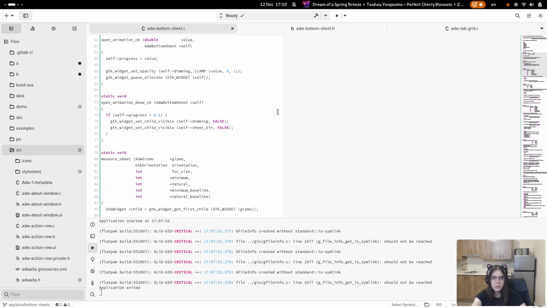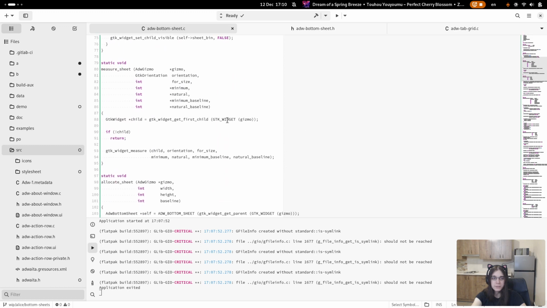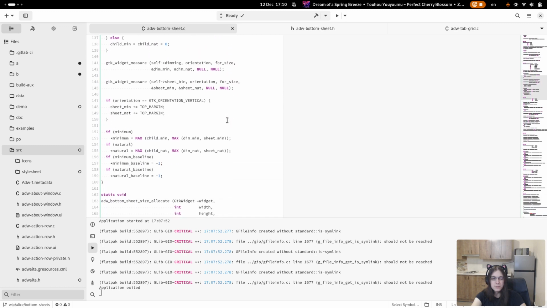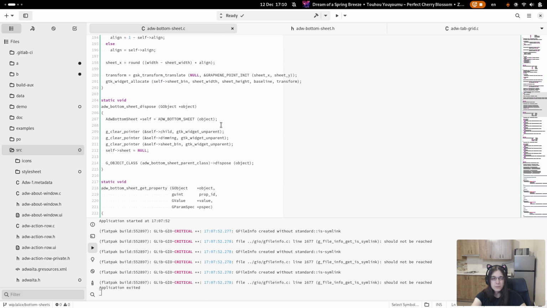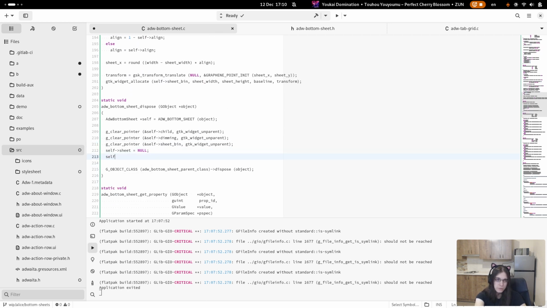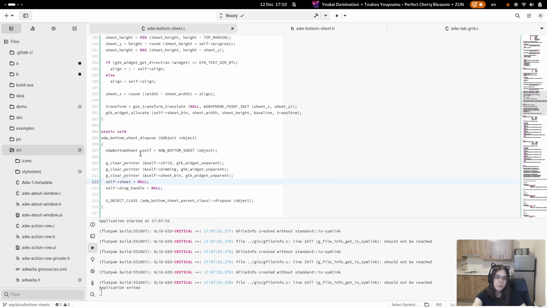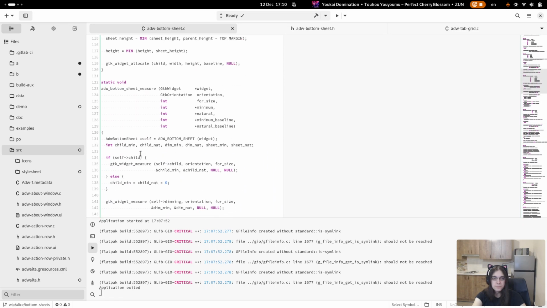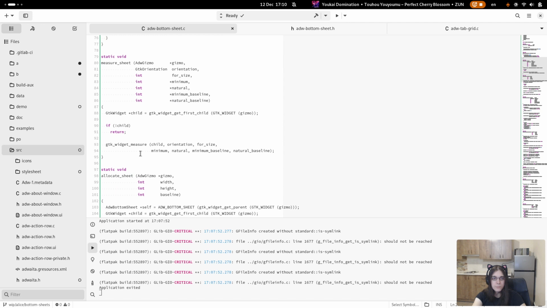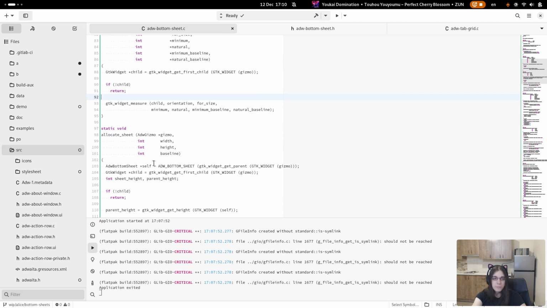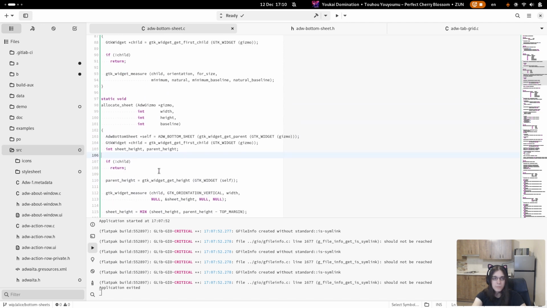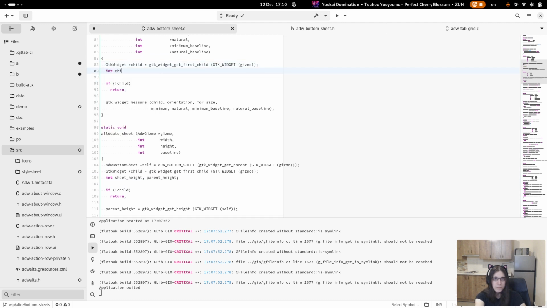And now we need to actually measure and allocate the thing. And also need to do this, because after we unparent sheet bin, the drag handle is a garbage pointer, so we need to unset it. Okay. Child in, child not.